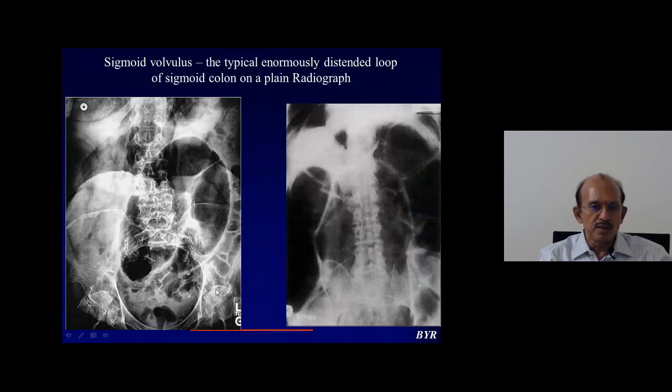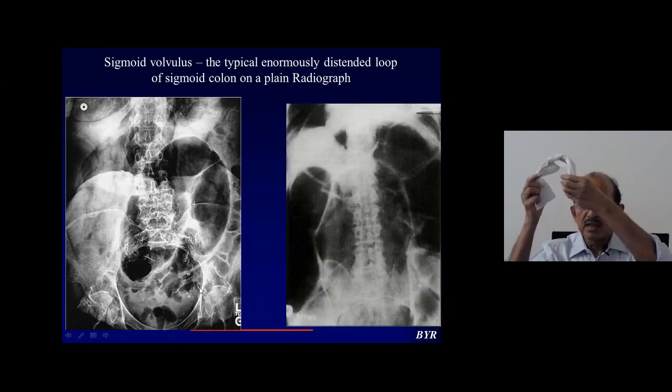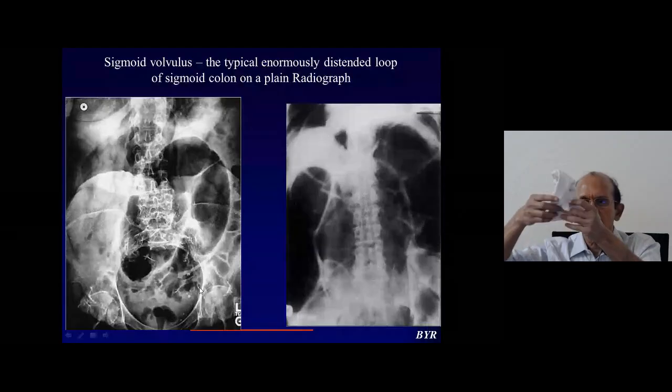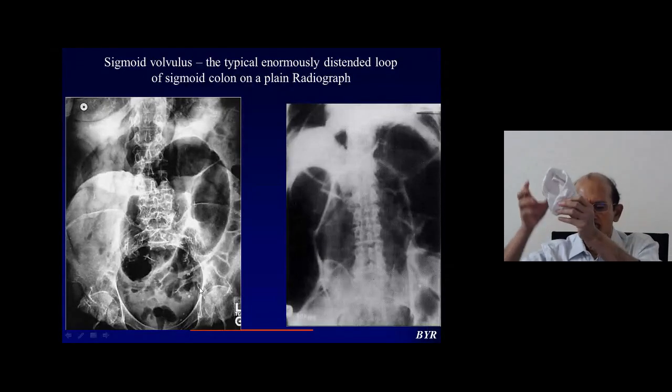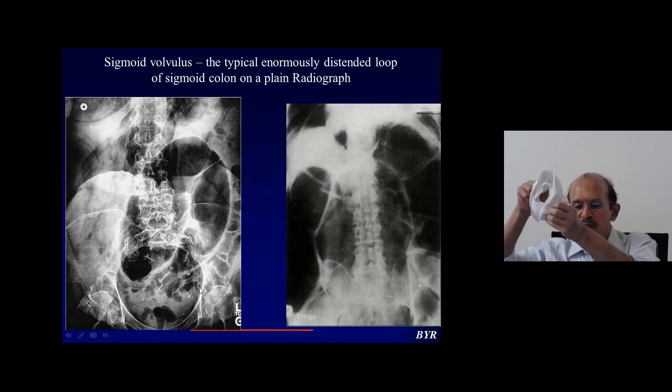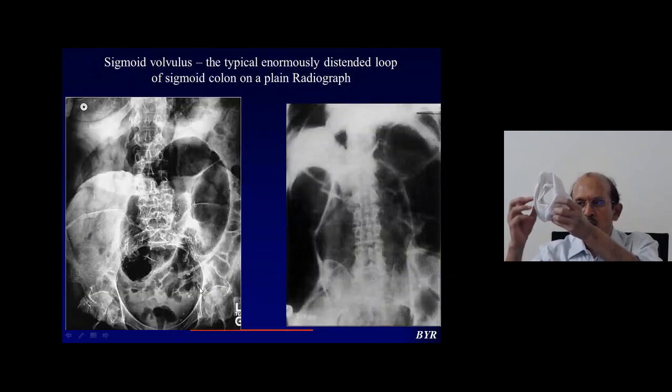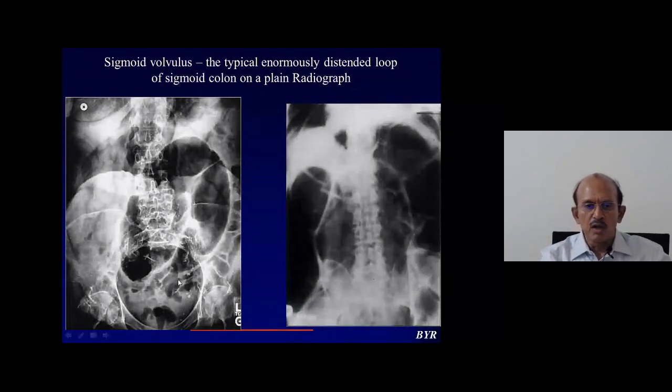This is the sigmoid volvulus. So when a loop of sigmoid, this is the sigmoid, undergoes torsion like this, whenever it undergoes rotation, it becomes like this. So there will be an ascending limb and a descending limb. So two limbs will be there. When they grossly distend, they will lie one against another, with intervening septa between them. So what you are seeing here is